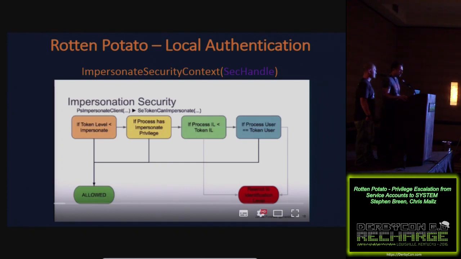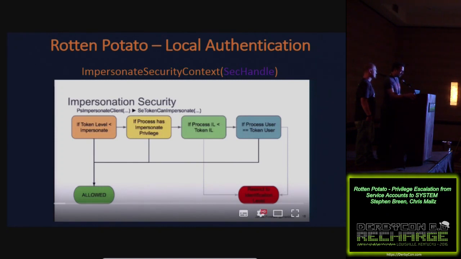This isn't an exploit or some crazy thing. This is how Windows is supposed to work. If your account has impersonate privilege and you have a token for a user, you're supposed to be able to impersonate that, even if that token is a higher privilege account than yours. For example, if you're running an IIS application that a user logs into with NTLM, and the user happens to be a really high privilege user, your application may need to get that user's privileges temporarily to do something on the domain. That's just how it works. So you can't really change that. That's how it's supposed to work.